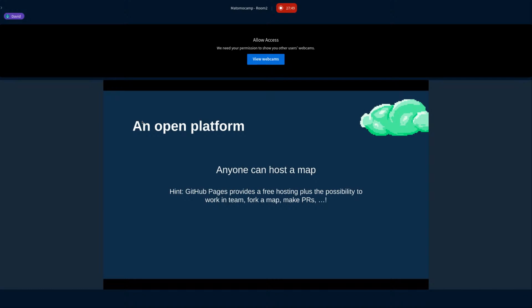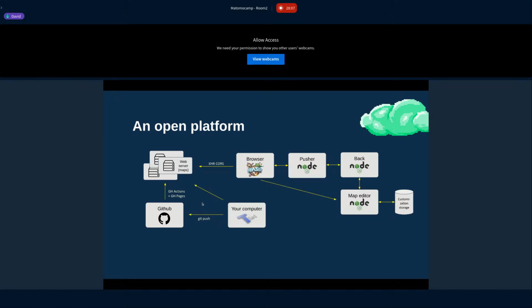Instead, you can host your map anywhere. You don't have to host it on the Work Adventure server. You can host it on any website. And if you don't have any website, GitHub Pages is actually providing a website for free, so that's cool. And so basically, you design your map in Tiled.